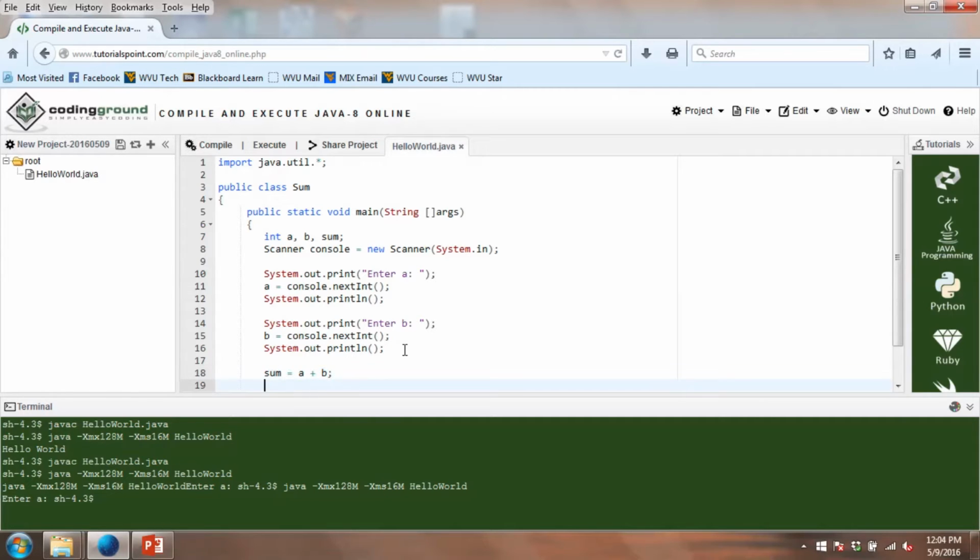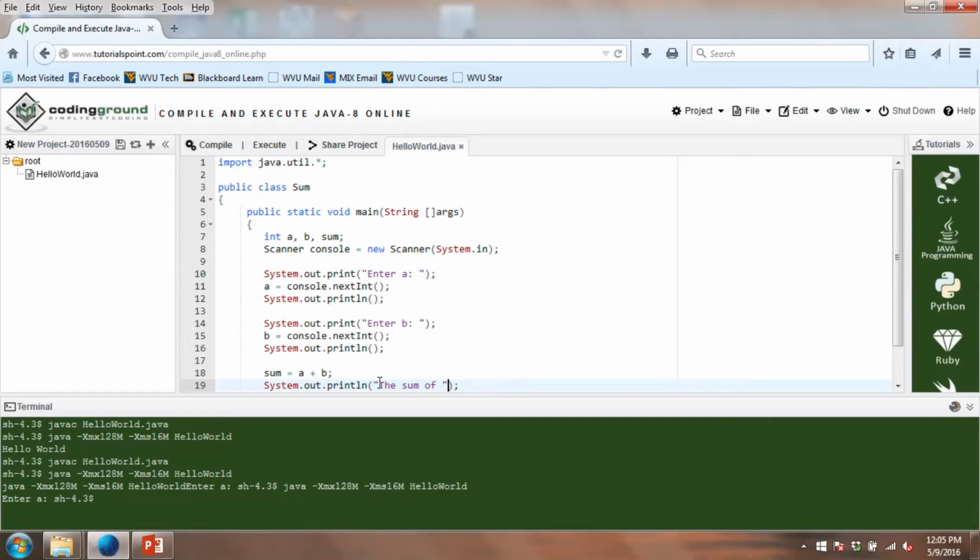So now we can include a print statement that would actually print out what that sum is. So we need another output statement. So we need System.out, and I'm going to use println in this case. Oops, println. There we go. And just like with print, whatever I put inside of here would actually get displayed. So if I don't put anything in there, nothing gets printed except for the new line character. So I could put in some quotes. So I'm going to do a little trick here. I'm going to say "The sum